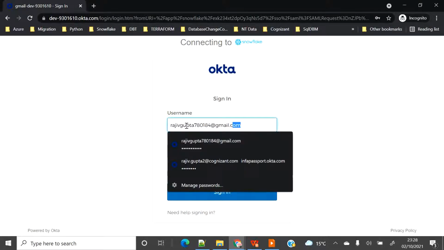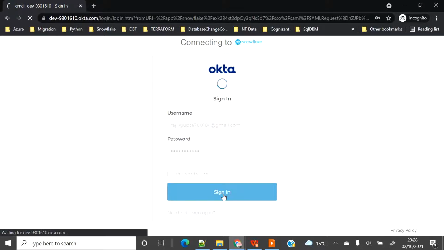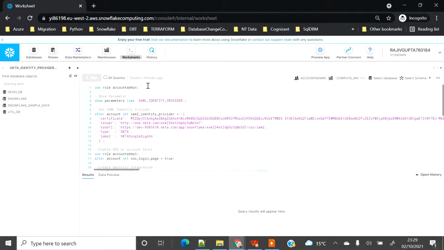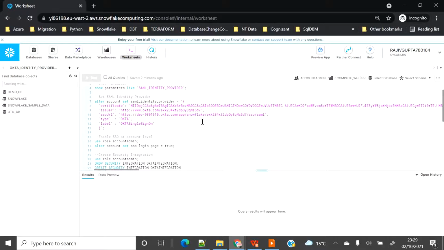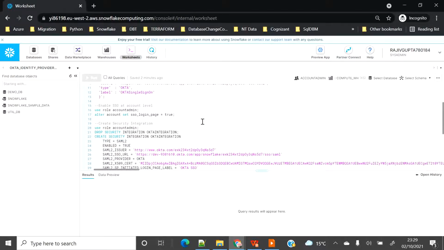I'm using the same username as I have updated in Snowflake, and I'm going to provide my password and click on sign in. Hopefully I will be able to connect to Snowflake. Yes, now you can see that I'm connected to Snowflake using Okta external IDP. So that was the scope of the demo, and now we know how to connect using an external IDP.